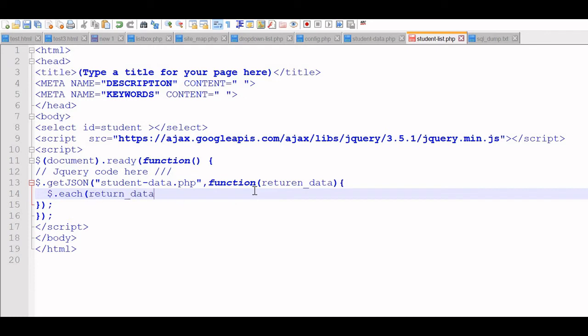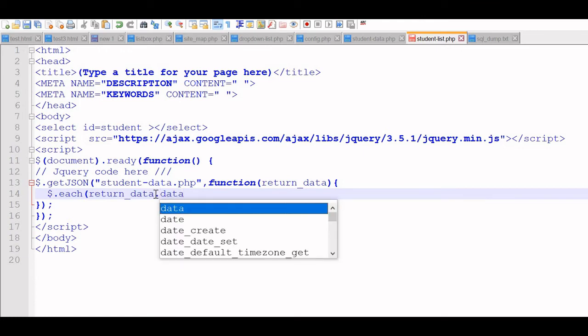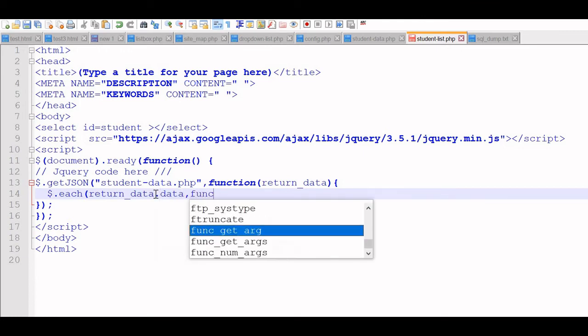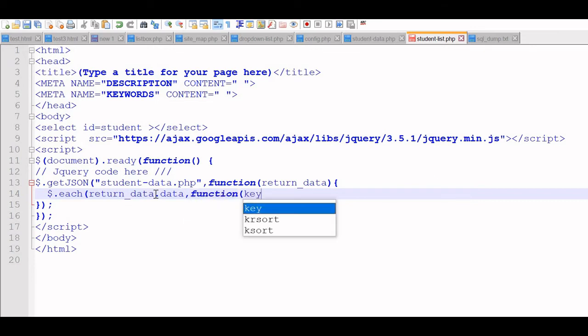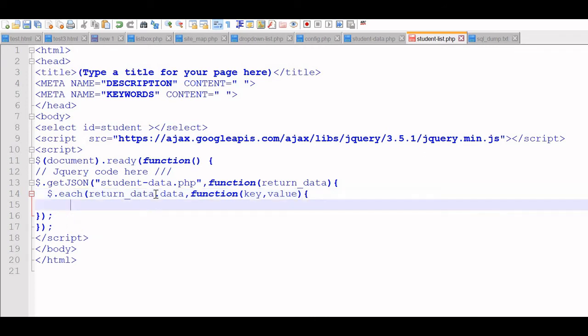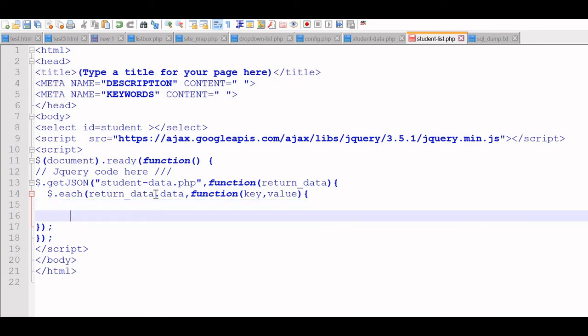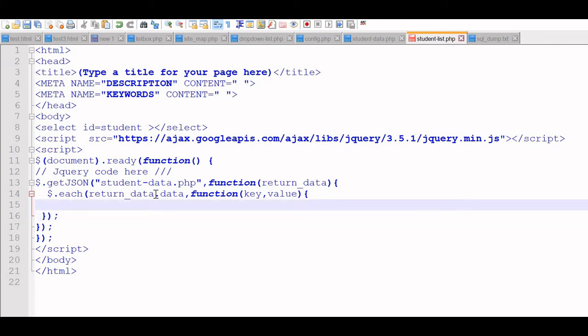Data is our string name, there we have given. Then we will say function with key and value. Now this key value will be used inside. This is our closing. Inside this we will add our value.